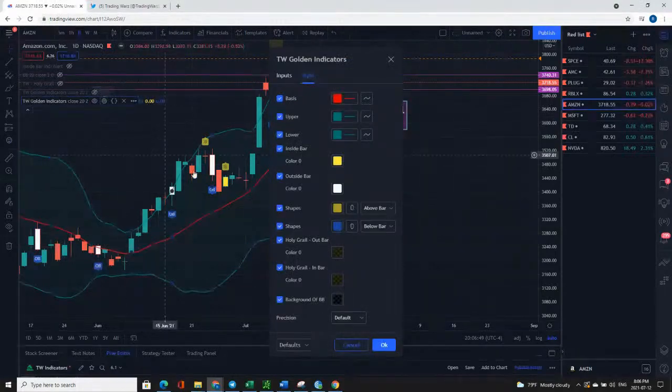And I do. Okay. Actually, someone said a very good thing. All you have to do is take off these shapes if you don't want it. So that's beautiful. So we're going to stick with number 2. If you don't want the shapes, all you got to do is take it off here.